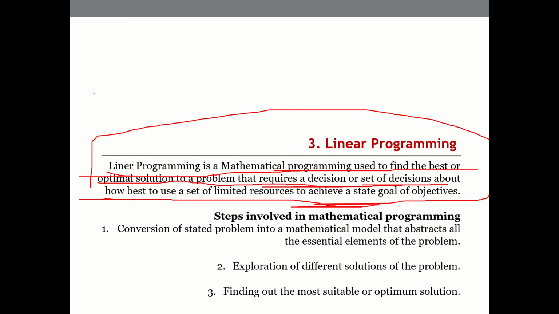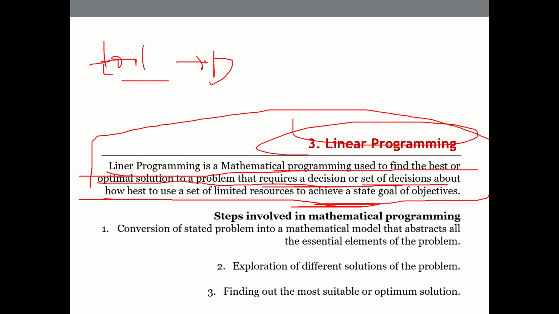So this is also actually whatever we are seeing now and what we have seen before as well. These are tools for assisting decision making, a kind of decision support tool. We can call it a decision support tool as well. And one such tool is linear programming. So how this can be used to arrive at an optimal solution.